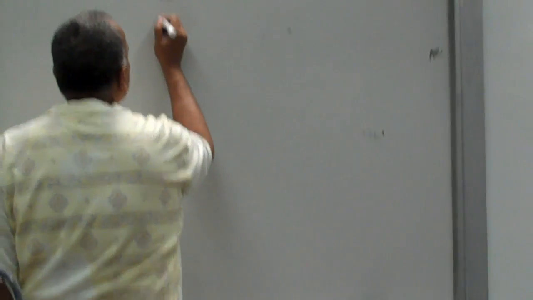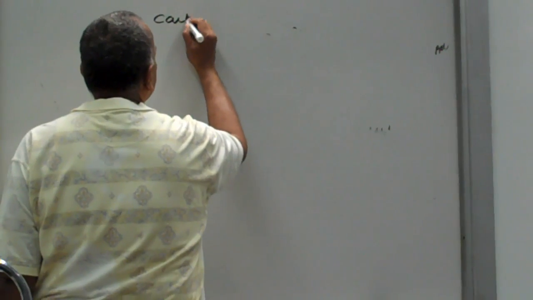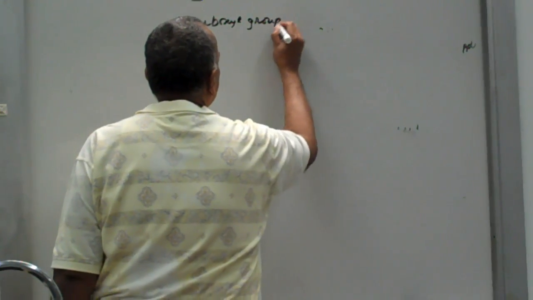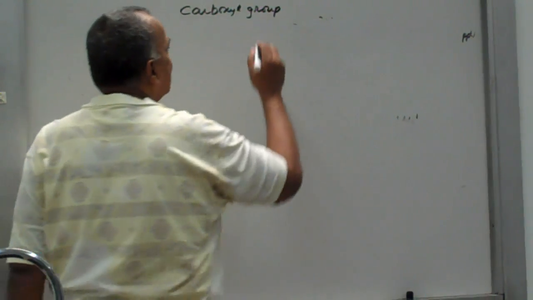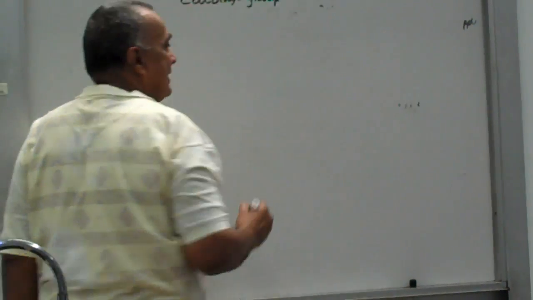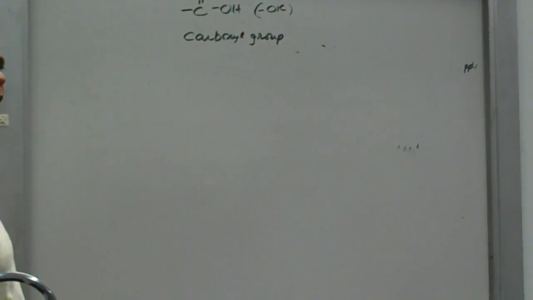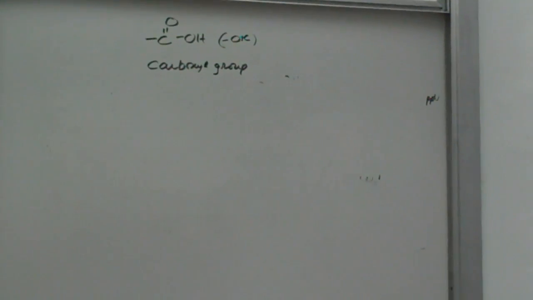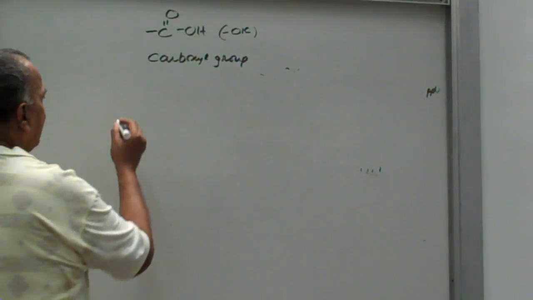COOH. And it's called a carboxyl group. And the suffix for this is oic, O-I-C. Now the simplest one